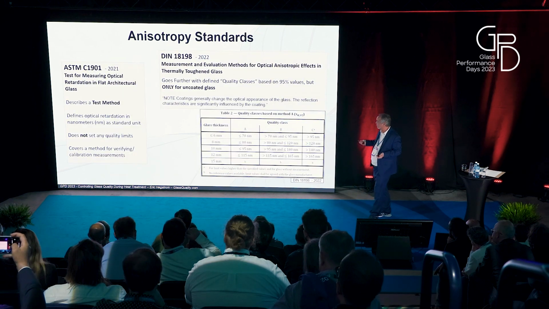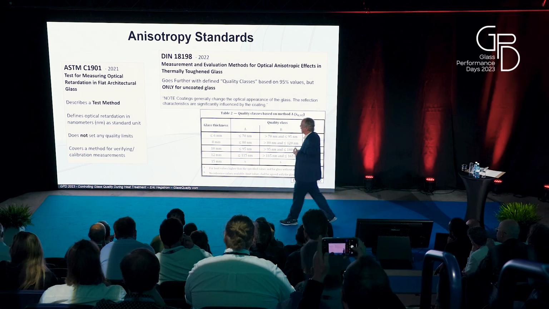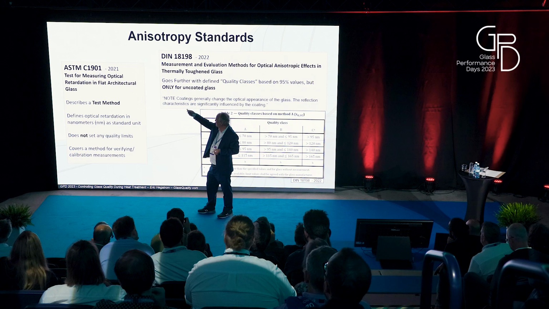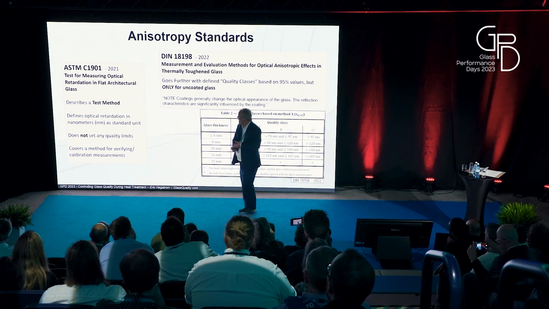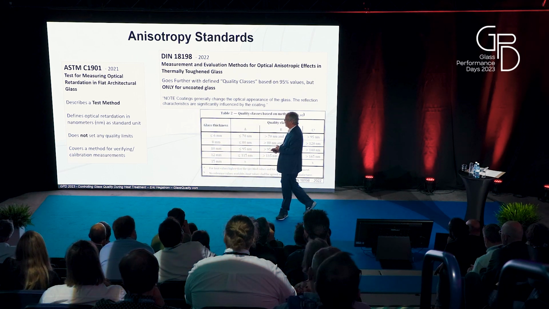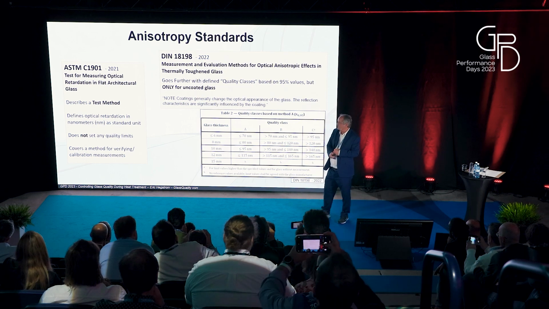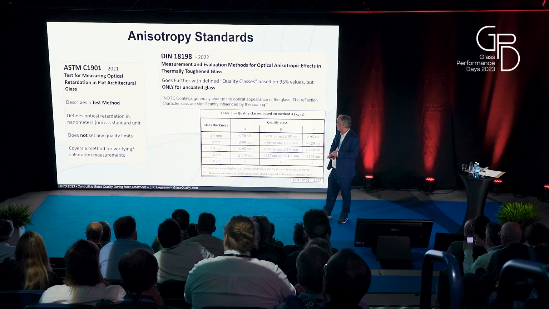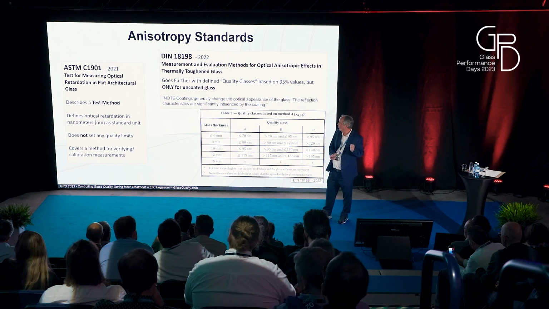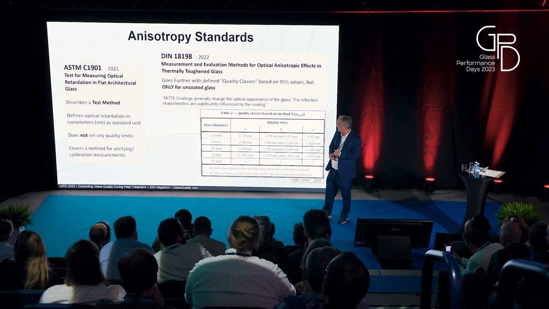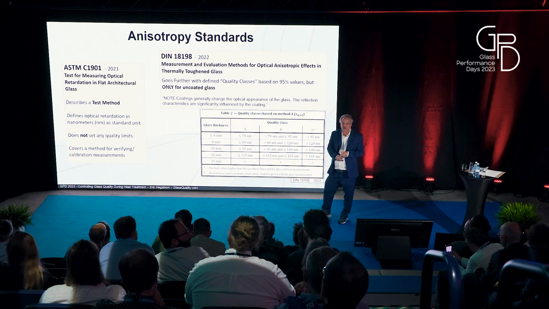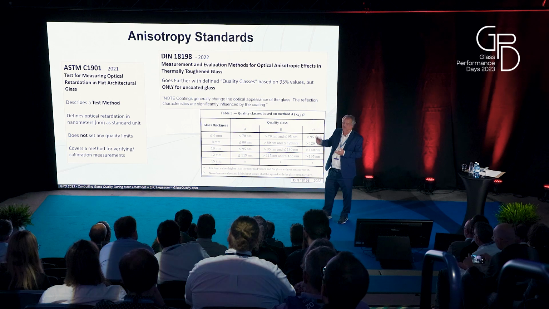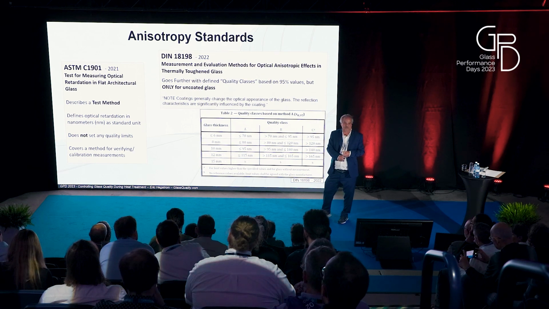And to talk about actual specs, the first spec that I helped work on was in 2021, the ASTM C1901, which is basically a test method for anisotropy. It did a couple things. It defined optical retardance in nanometers as the fundamental measurement of anisotropy, but it does not set any quality limits. There are no actual numbers in there, but it does cover a method for verifying and calibrating results. So any decent anisotropy system out there should comply with C1901, and you should be able to independently verify the